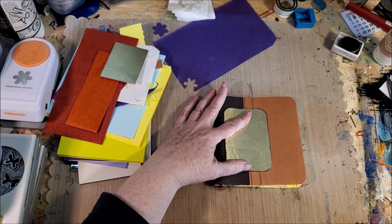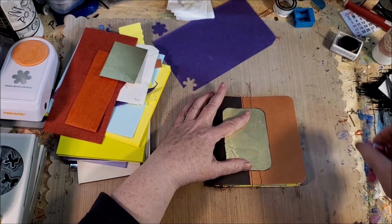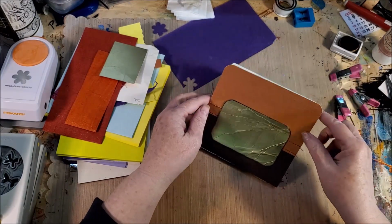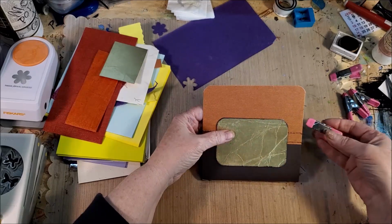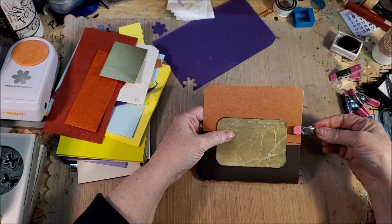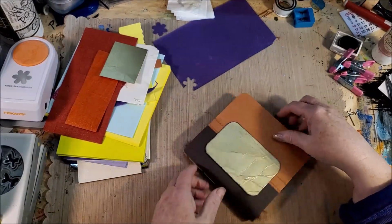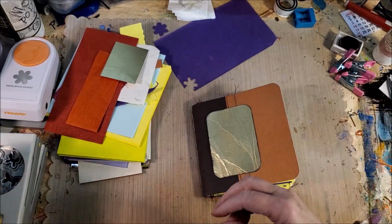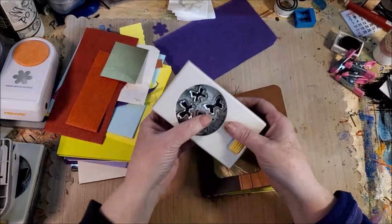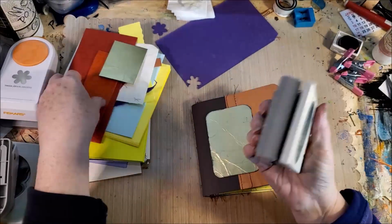Let's see, where did my little clips go? If you don't have any of these handy little clips, oops, they're too short. Well, I guess I'm just gonna hold it. It ought to stay. Okay. And now I got out some punches, and I will tell you that some of this more handmade like